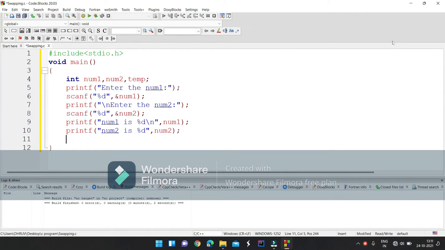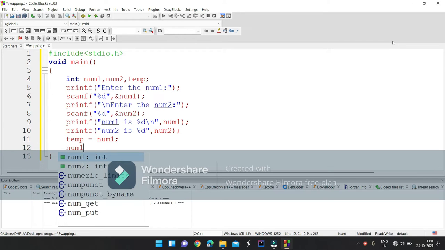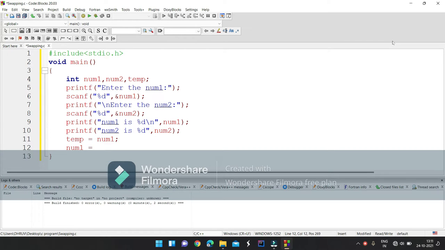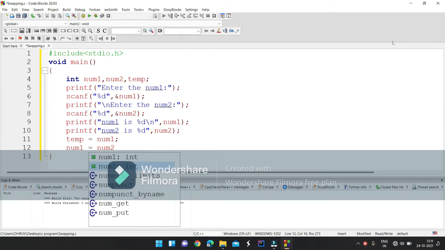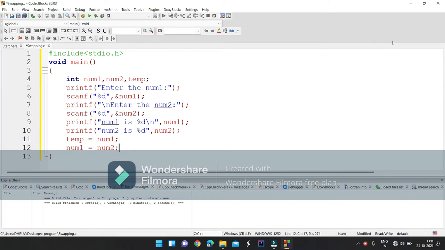Okay, now we will write the logic. temp = num1. We assign the value of num1 in temp, and now we will assign the value of num2 in num1. In the first line, we assign the value of num1 in temp.